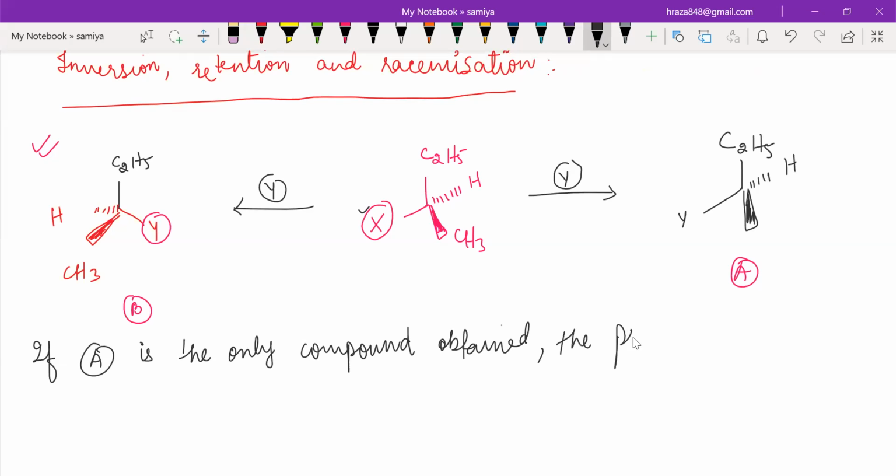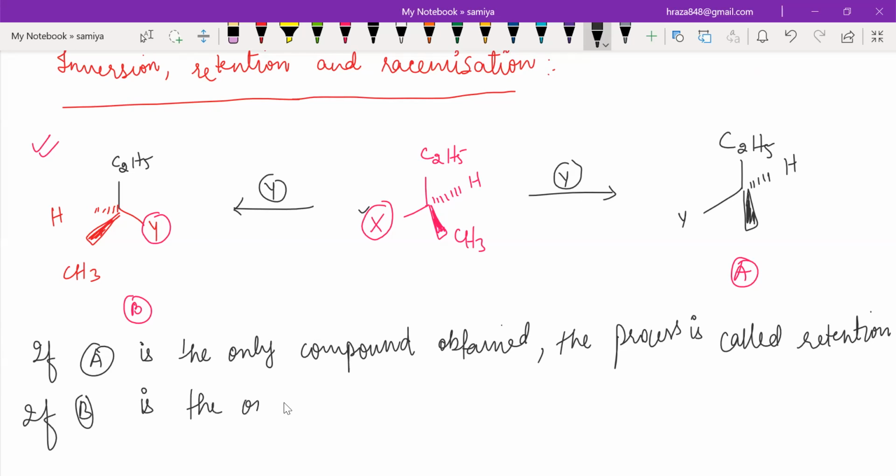The process is called retention. It retained its configuration, the spatial arrangement of bonds. If B is the only product, if B is the only compound obtained,